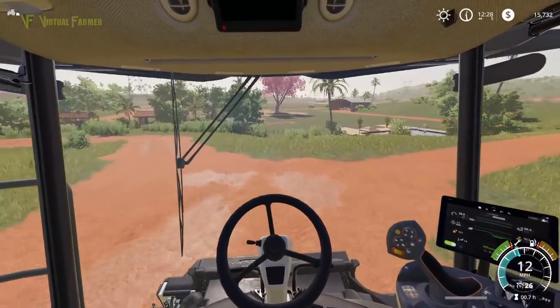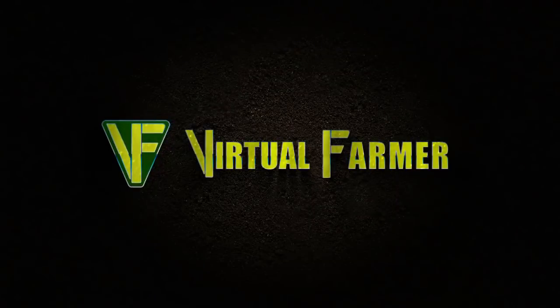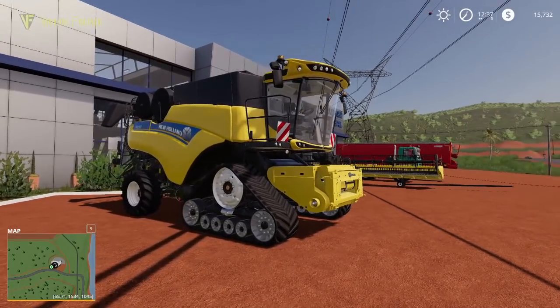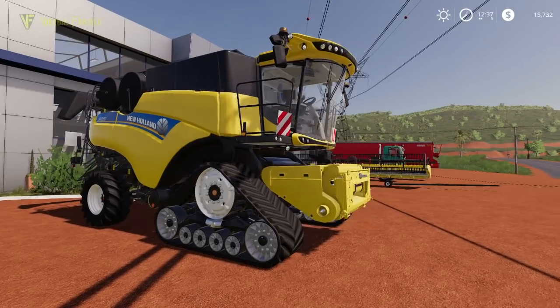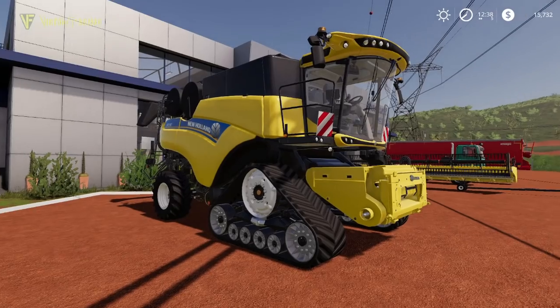Today we're going to see if we can fly through a contract. Hello and welcome along. So today, as I said, we are taking on a contract up at field 15. It is a contract for harvesting canola. It's worth about 9,000 to us, although we've hired vehicles, so that's going to drop to about